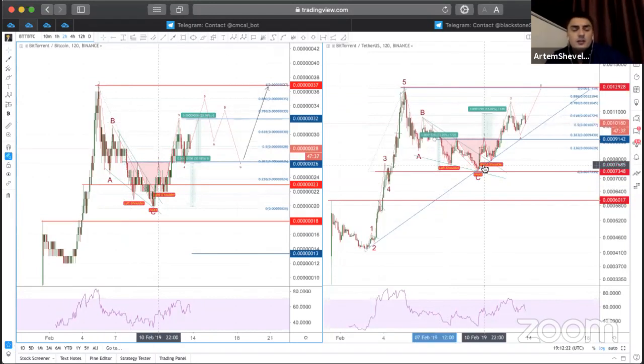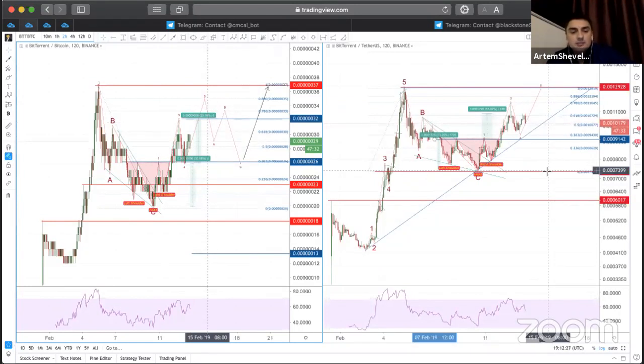These two levels will be so important to make some entries. In USD price, I highlighted the same areas, but they could vary because Bitcoin is moving, and Bitcoin can make a big difference on this chart, but on the BitTorrent Bitcoin chart it will be the same as I showed here. So don't put too much on USD charts on altcoins. Put your attention on BitTorrent Bitcoin, and on altcoin Bitcoin charts.